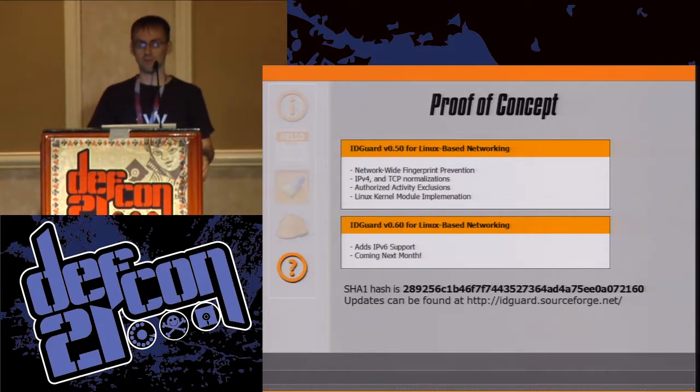There's version 0.5. It's a POC, after all. It has the IPv4 support right now. Version 0.6 will be out in about a month. I'm still working out some kinks with the IPv6 support. That'll be there. And then, oh yes, application layer queries will be dealt with, so there'll be a version right after that to handle that. Right? There's the SHA-1 hash. I tried a SHA-256 hash, but it's too big, just out of control, so we'll just do a SHA-1. And that is actually where the POC will be available momentarily. It will be source, and then soon,